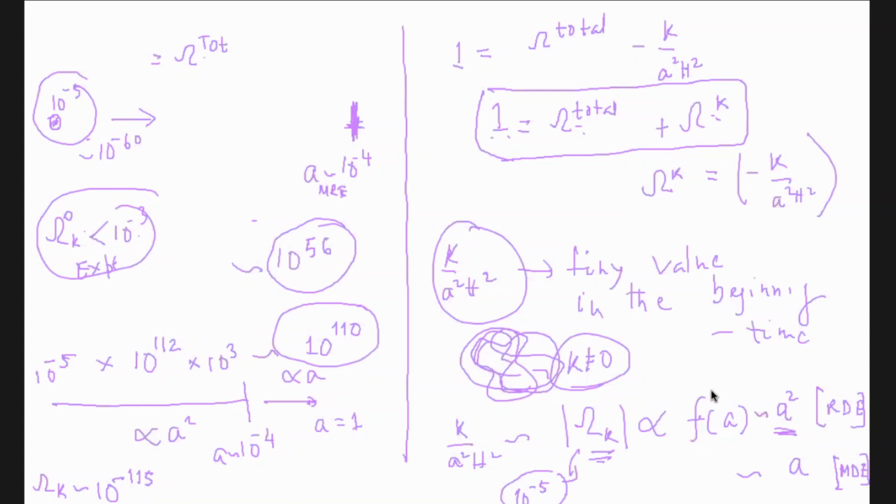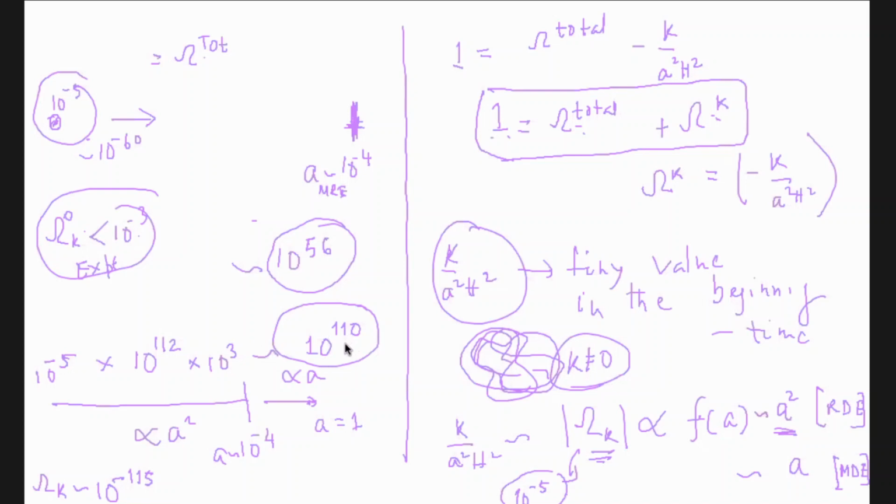Now, omega k is very peculiar. All other omega matter, omega radiation, they decrease with scale factor, but omega k increases with scale factor. That means if the universe expands, the omega k value, the energy density in curvature, actually increases. So, now we know that this A squared term from the beginning of the universe till radiation dominated, and then again it will go as A, the scale factor. This factor is around 10 to the power 100 minimum.